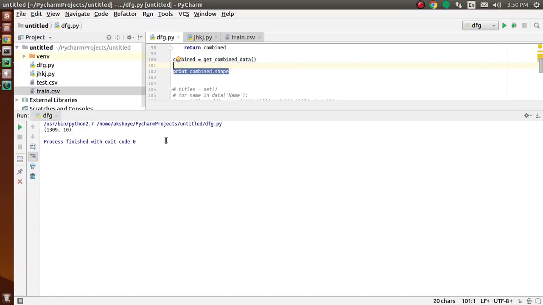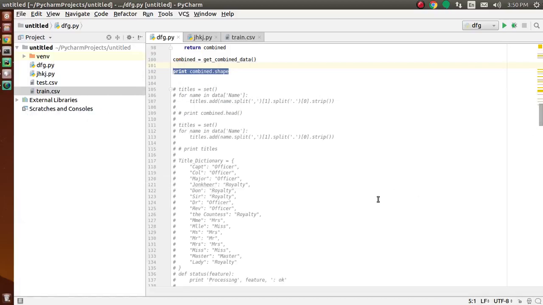There are 1309 rows and 10 columns. This is the shape of our appended data. You may notice that the total number of rows, 1309, is the exact sum of the number of rows in the train set and the test set.